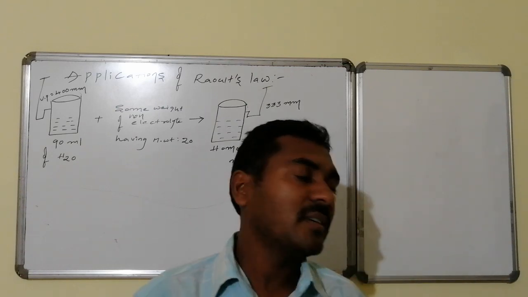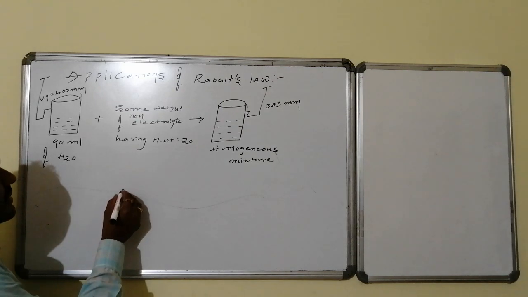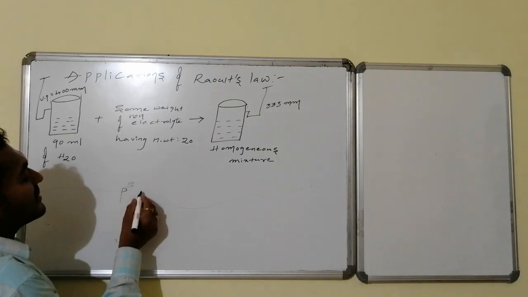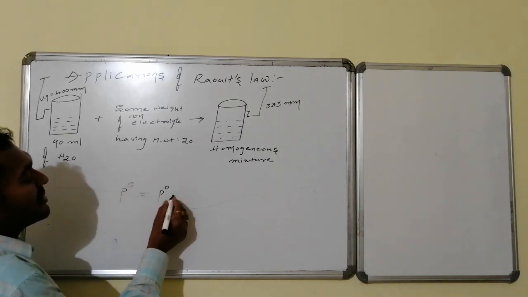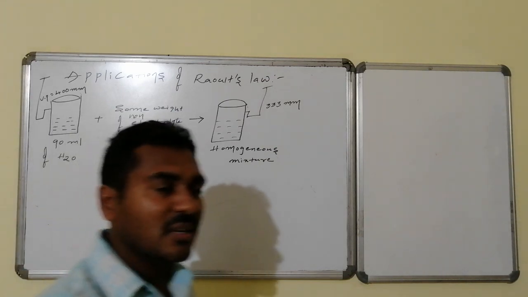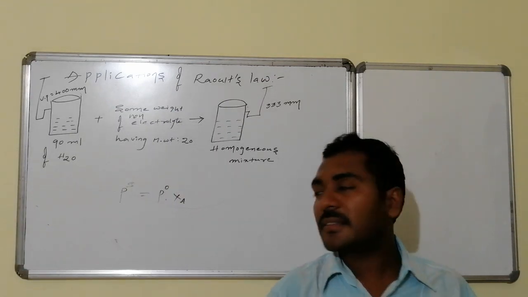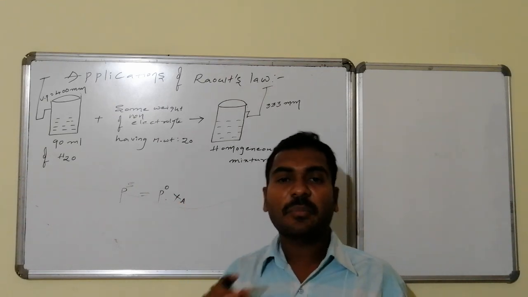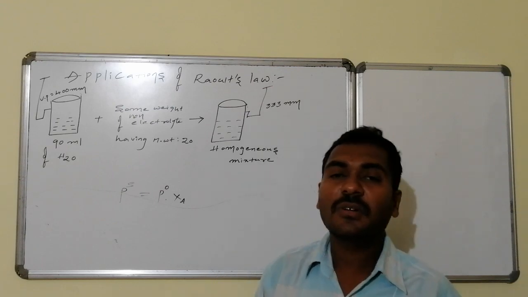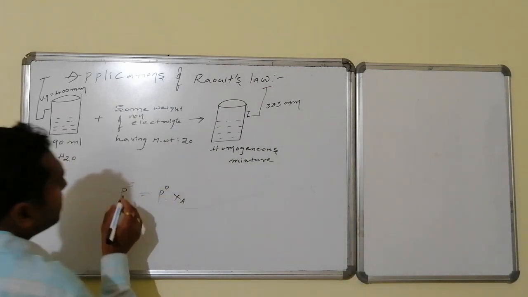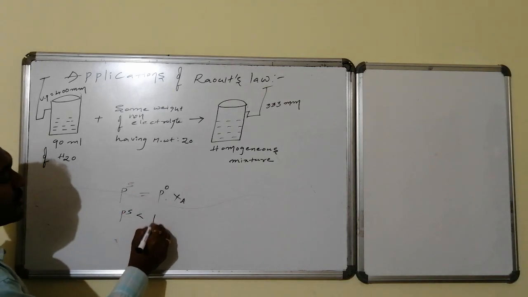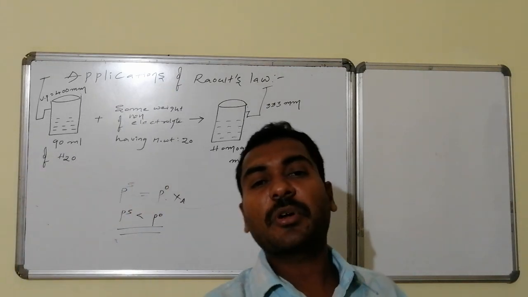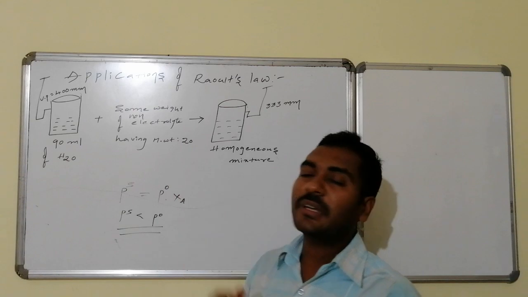As we know the relation, the vapor pressure of a non-volatile solute added solution, that is Ps, becomes equal to P0 into mole fraction of A. This is Raoult's law. On enhancing Raoult's law, we get another relation, that is, relative lowering in vapor pressure is approximately equal to mole fraction of solute. Ps is always less compared to P0 because mole fraction is always lesser than 1. It is a proper fraction. Here also we find the same validity.